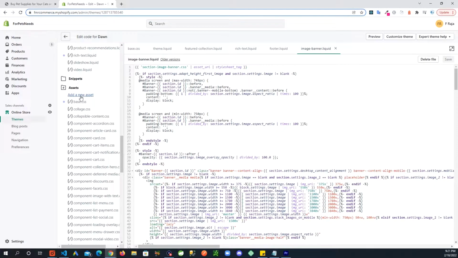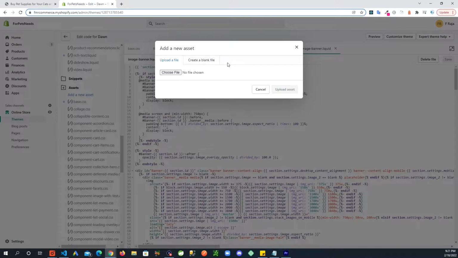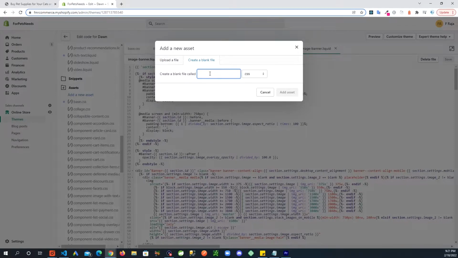We are going to add a new asset, create a blank file, and this extension is already here, so you are going to just name it. I'm going to name it as custom. If you want it to be something different you could do that, as long as you remember the name for future reference anytime you need to come back to it. So add asset,